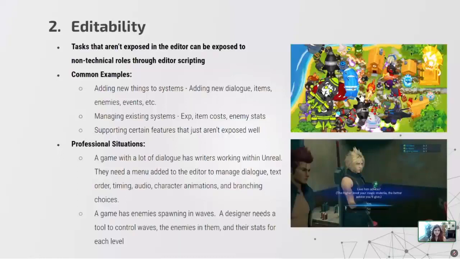Second, editability. These are tasks that aren't exposed to the editor, but can be exposed to non-technical roles through editor scripting, like I mentioned. So this can be adding new things or managing existing systems like new dialogue, new items, enemies, events, item cost, enemy stats, or just supporting certain features that aren't really exposed well by default in the editor. So similar to the dialogue example I was talking about before, say you have writers working within Unreal,